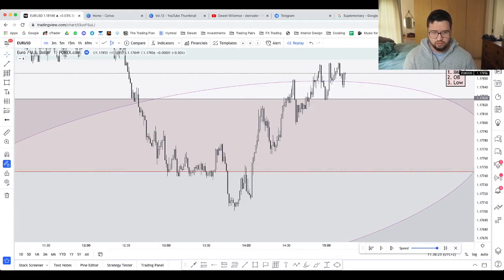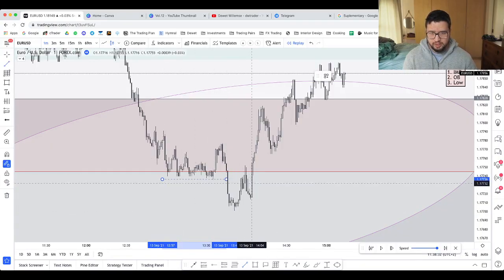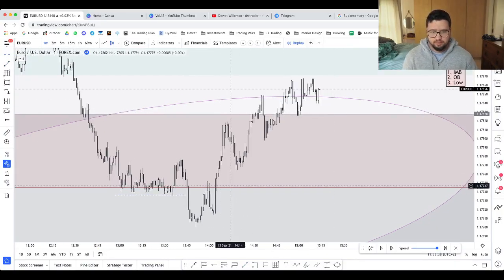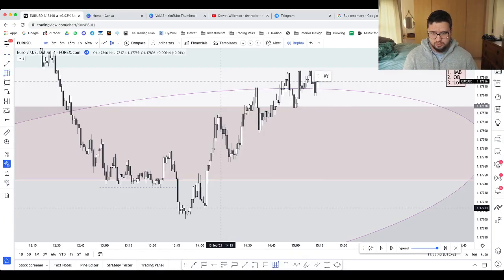Okay, so in this case we had some equal lows, price pushed down, pushed back up. Now we're above this area. Now we need to find an entry. So in this swing point,